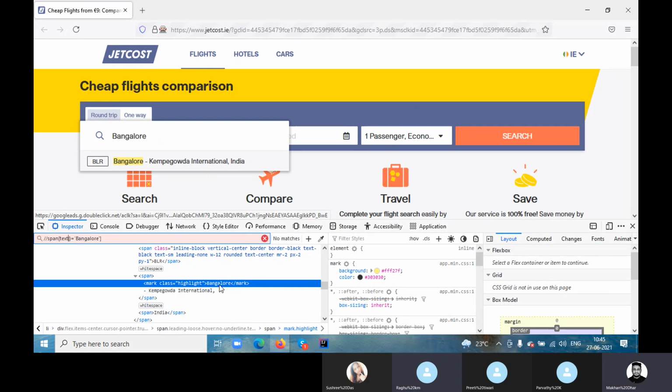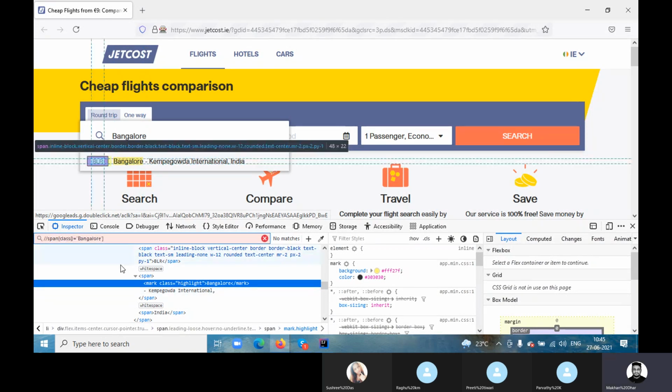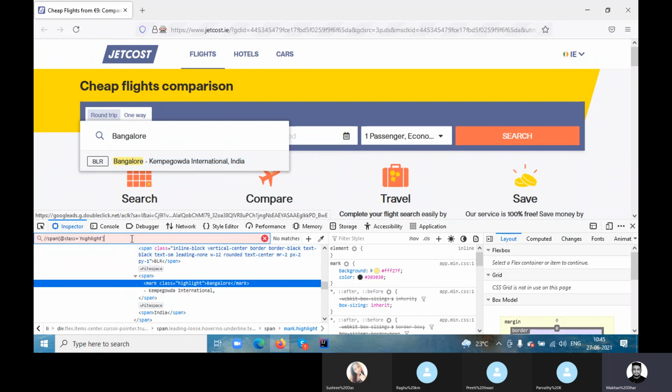You're talking about link text, right? No, not link text. This is for text only. Anyway, we'll use this. Let's see, highlight class also. The span class.